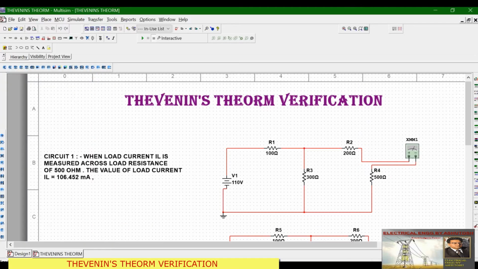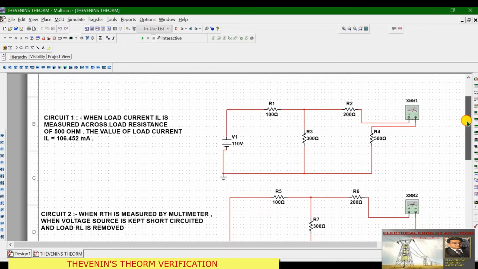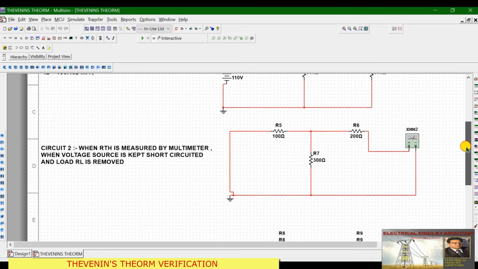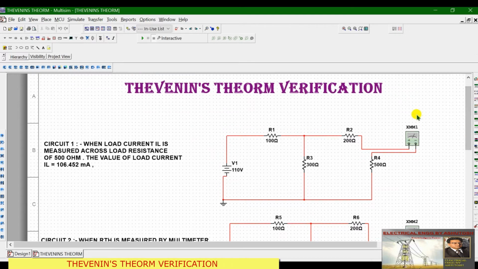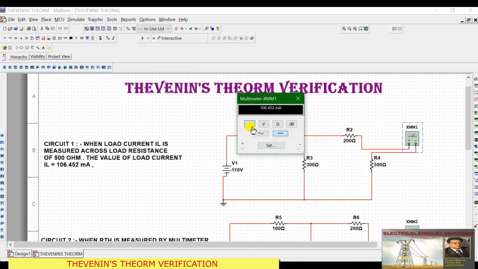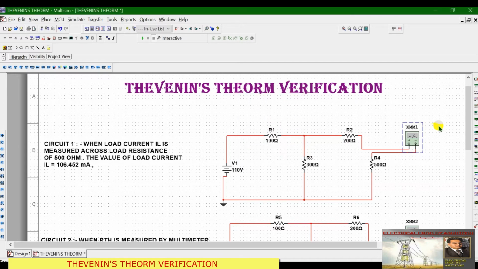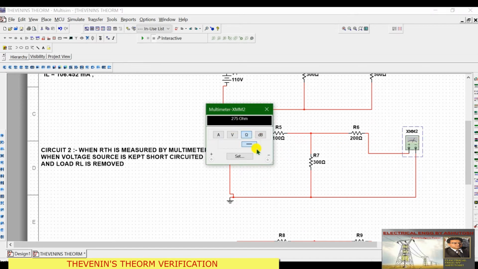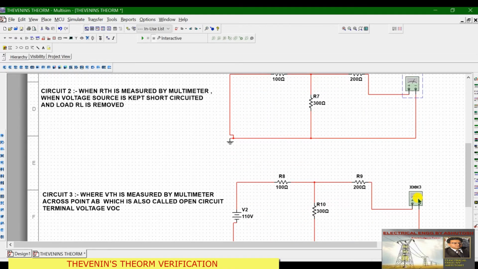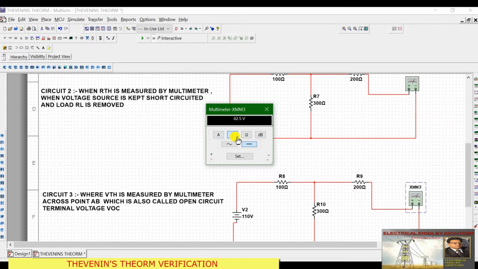Then we will go to our simulation where we can directly connect voltmeter, ammeter and resistance for measurement using multimeters. Basically you can see all three circuit diagrams over here. This is also a multimeter, but it is working like an ammeter. We have selected ammeter. In the second diagram, this multimeter is working as a resistance meter, ohm meter. In the third diagram, this multimeter is connected like a voltmeter.